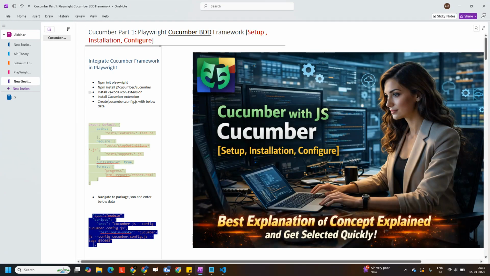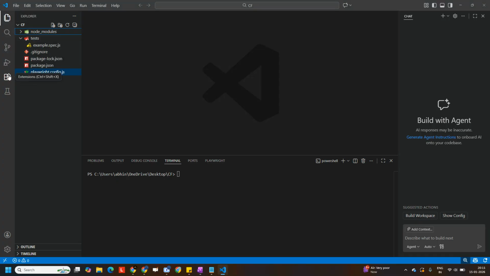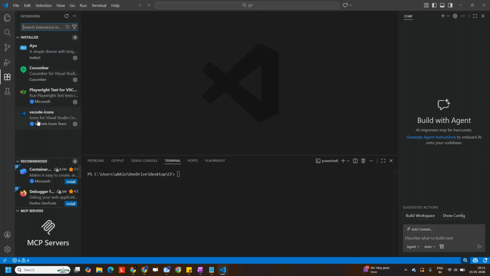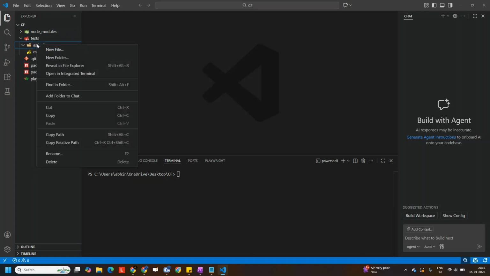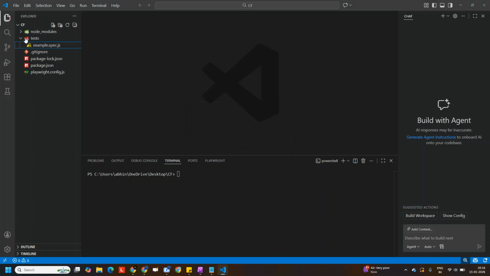Now you need to install the vscode-icons extension. I have already installed it, guys. Go to this particular place, extensions, type vscode-icons, and just try to install it. Why am I saying that? Because once you are dealing with this kind of framework, you need to understand what is folder and what is what. So let's say if I try to create a particular folder, let's say test, at least the icon lets you understand that this is a folder, and onto this particular folder there will be some more folders, right? So this is the reason, and it will just change the UI, that is it,